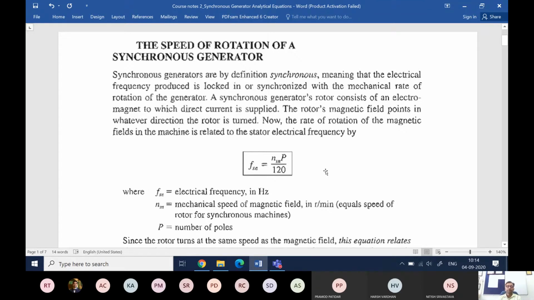3000. Right, straightforward, you get 50 into 120 by 2, so 3000. So that is the maximum speed in India, right? If you have any synchronous generator operating in the Indian conditions, then the maximum possible, because the minimum number of poles possible is 2, therefore the maximum synchronous speed possible is 3000 RPM.